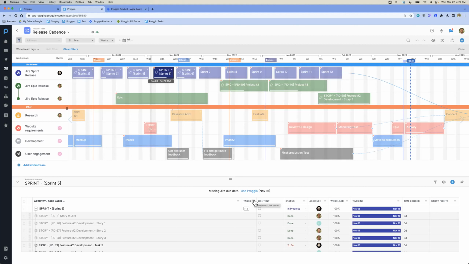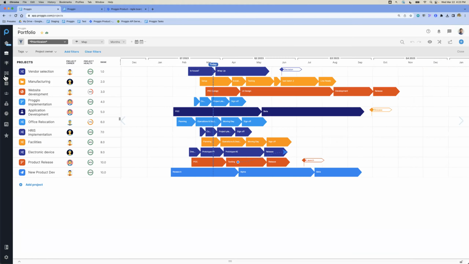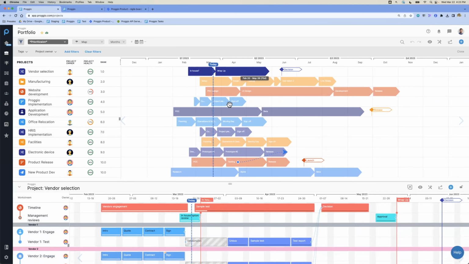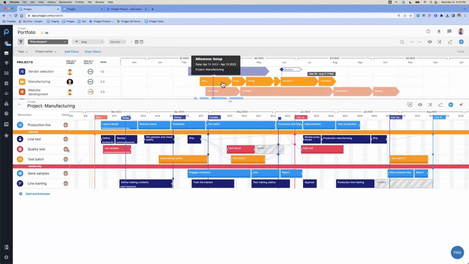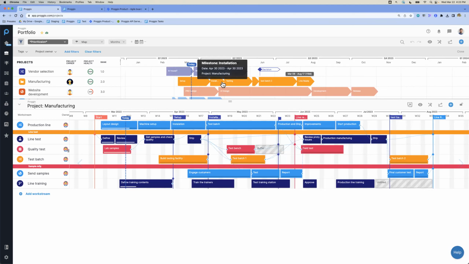The second thing is being able to go in and look at how we can see different methodologies. If I come back to, I'm going to pull up this portfolio. Notice that I've got a number of different projects that probably are very different. For instance, a vendor selection project is quite different from a manufacturing project. How you set it up, how you have multiple methodologies from a hybrid working style to different types of working styles, those can all be set up from here and have different templates or being able to come in here and manipulate these project plans that also can be reflected up here in the portfolio and how we look